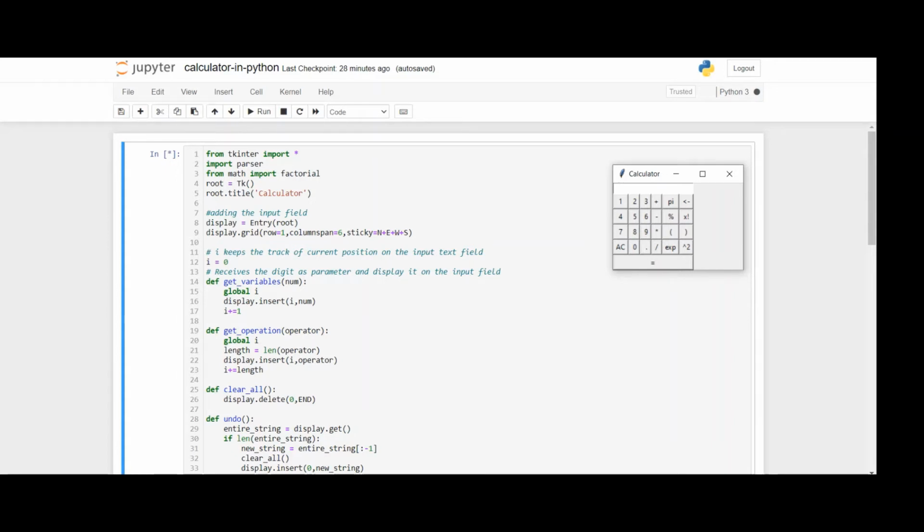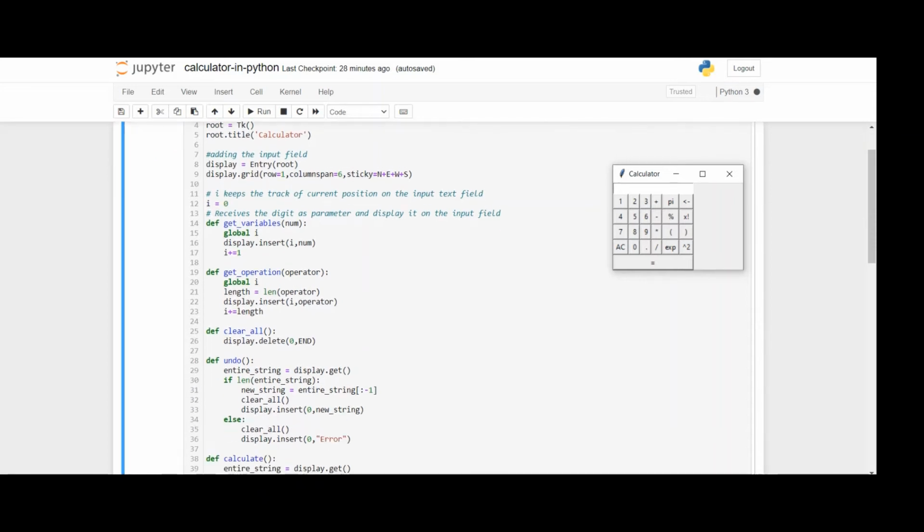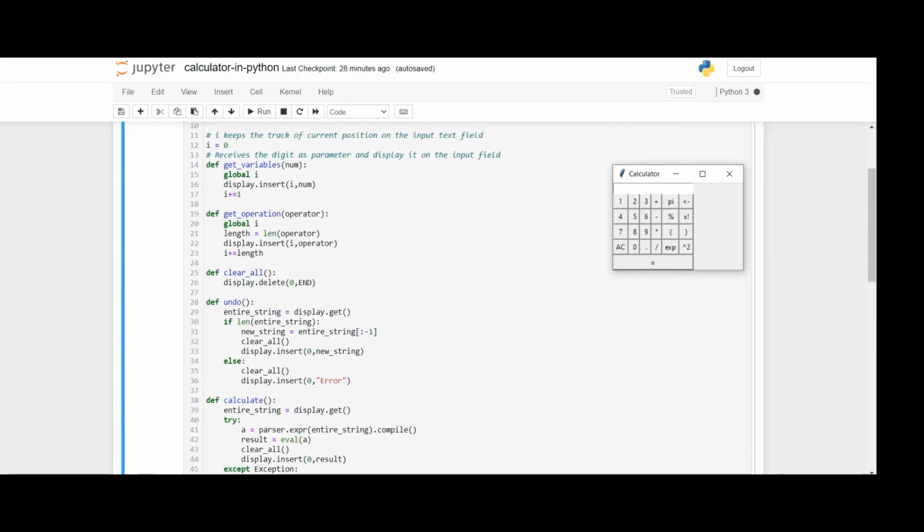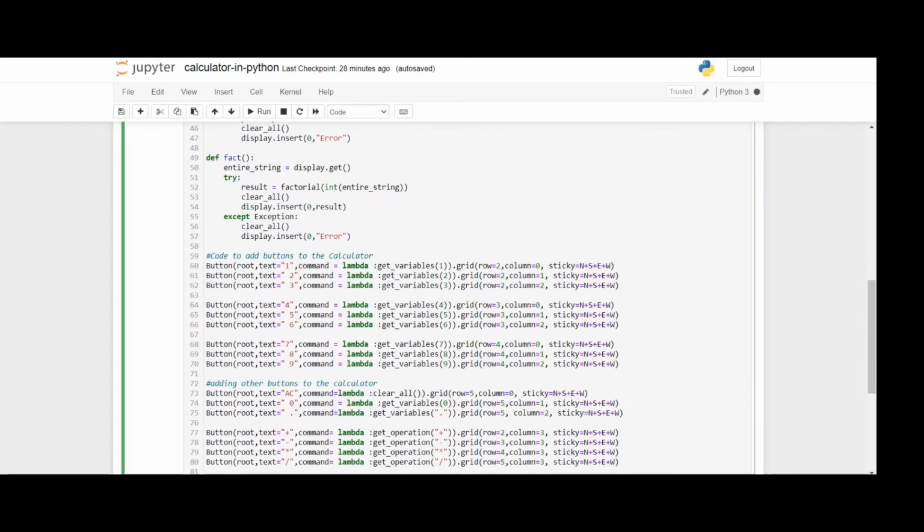Let's come forward. In the nearest section, we will get the variables. From this we will create a function, get variable. In this function, get variable is a function which is called from these lines. Get variable 1 means the case of button 1. I'll discuss this line again later, but you just see and understand why I am writing the get variable function.